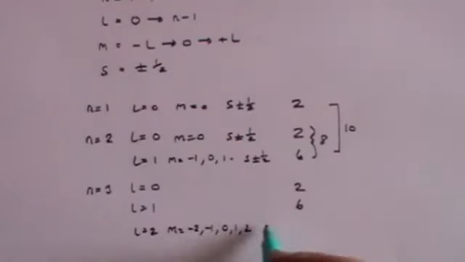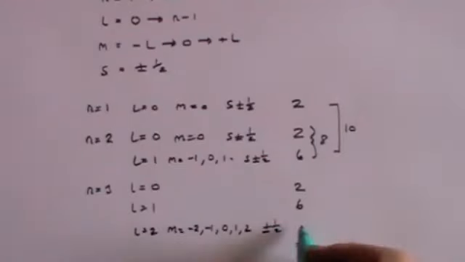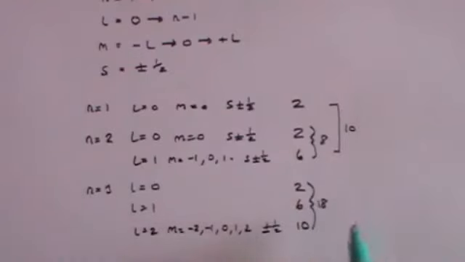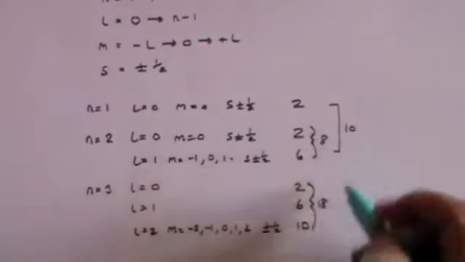Each of those 5 levels can have plus or minus a half spin, and consequently you get a total of 10 electrons in the L equals 2 level. That means that there is a total of 18 electrons in the third principal quantum number, and overall 10 plus